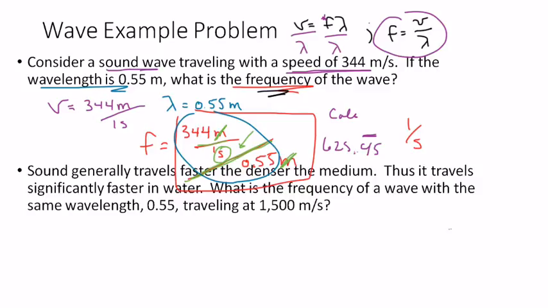It looks like I have 3 digits here and I have 2 digits here, so probably I'm going to have to go with 2. So I should truncate my answer right here at the tens place. Since this is a 625, I'm going to round that up to a 3. So my final answer